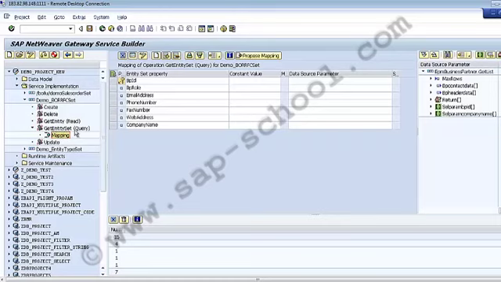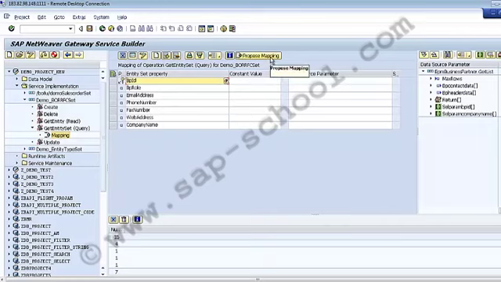The mapping displays as a node under the selected operation of my entity set in my service implementation folder, and the mapping screen is displayed on my right hand side. We can map the parameters of a data source to the properties of the entity set in this mapping screen. We have this BPID, so I can map this entity set property to my data source parameter. This way we can do the mapping.